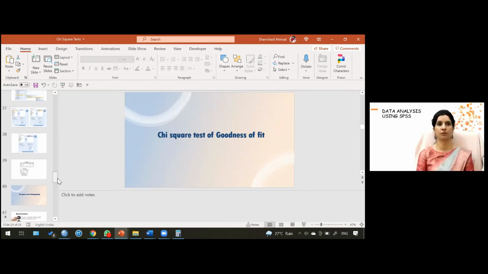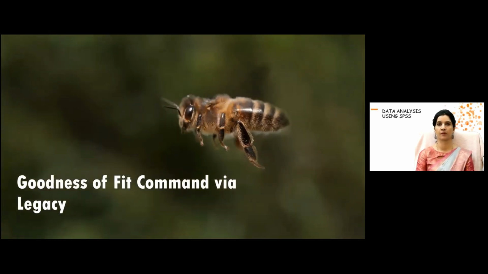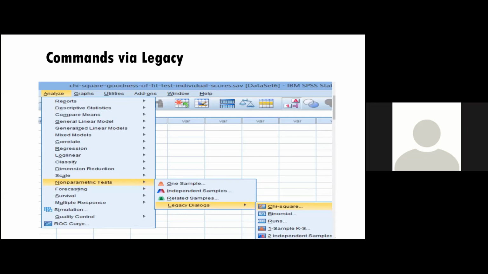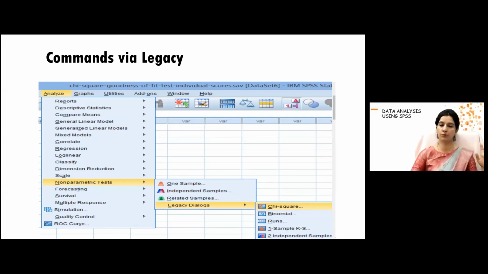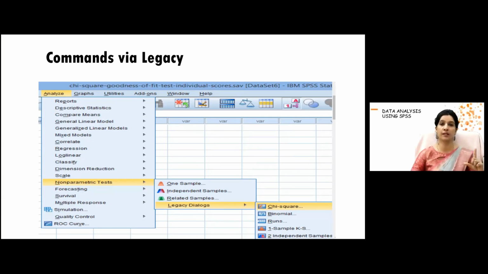So these are only the commands which we have shown. I've told you that. So this is again the same. While there are two ways to do this, we are telling you to do this by legacy dialog because this is simpler and easy to understand. So please follow this legacy dialog. There is another way to do it, but deliberately we are not telling you that. But results are the same with both.